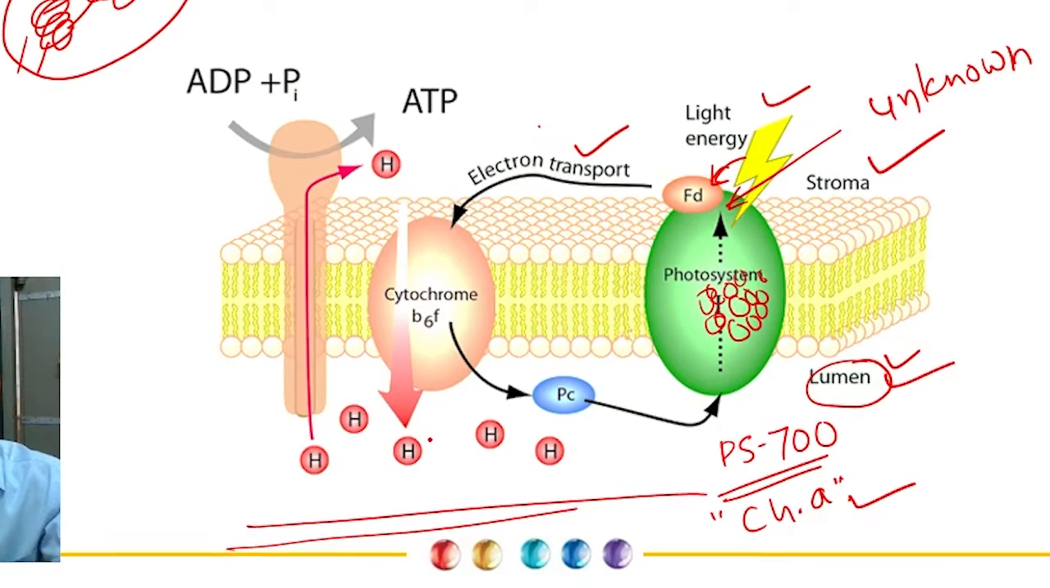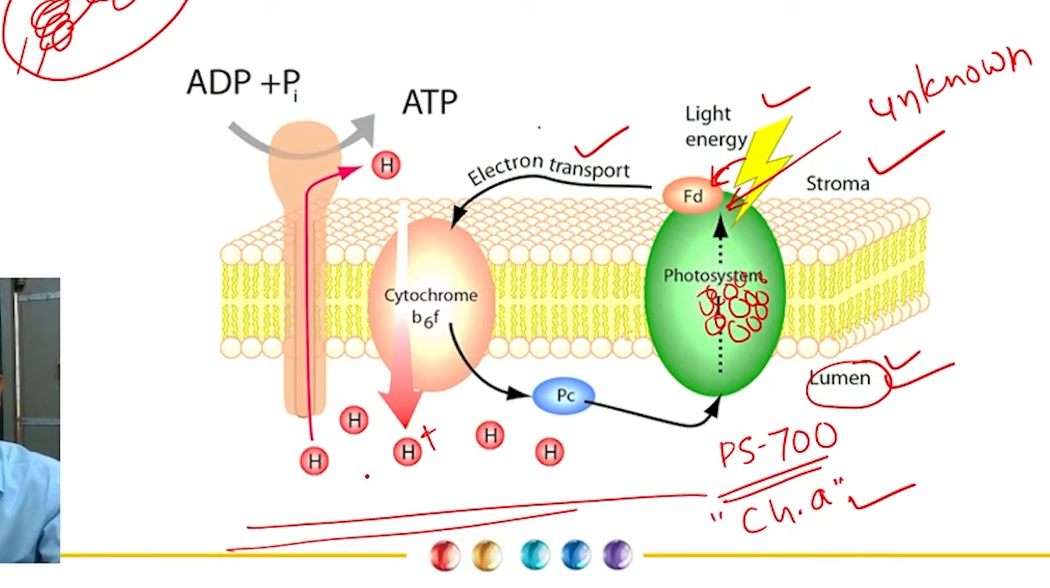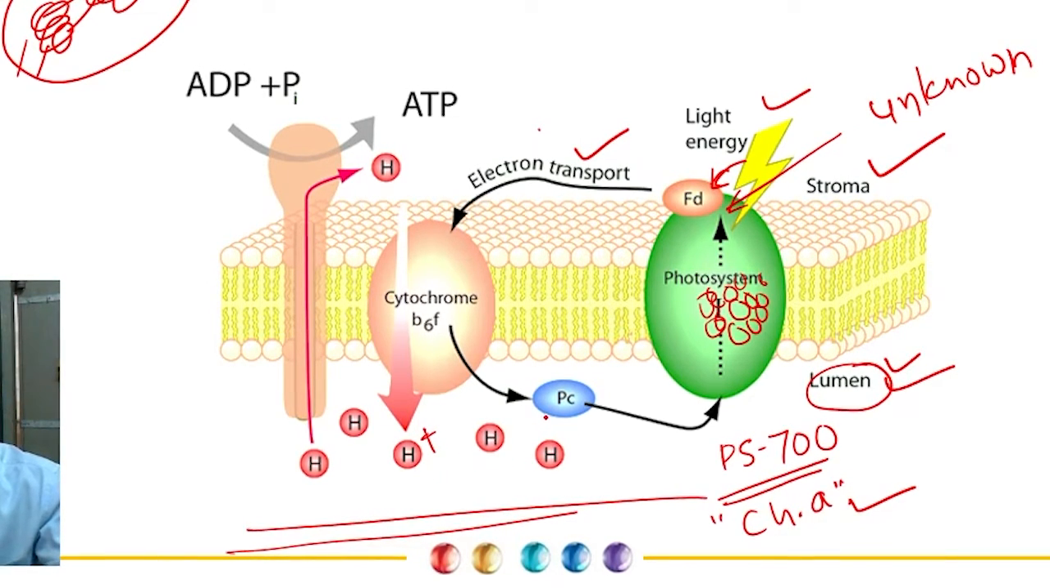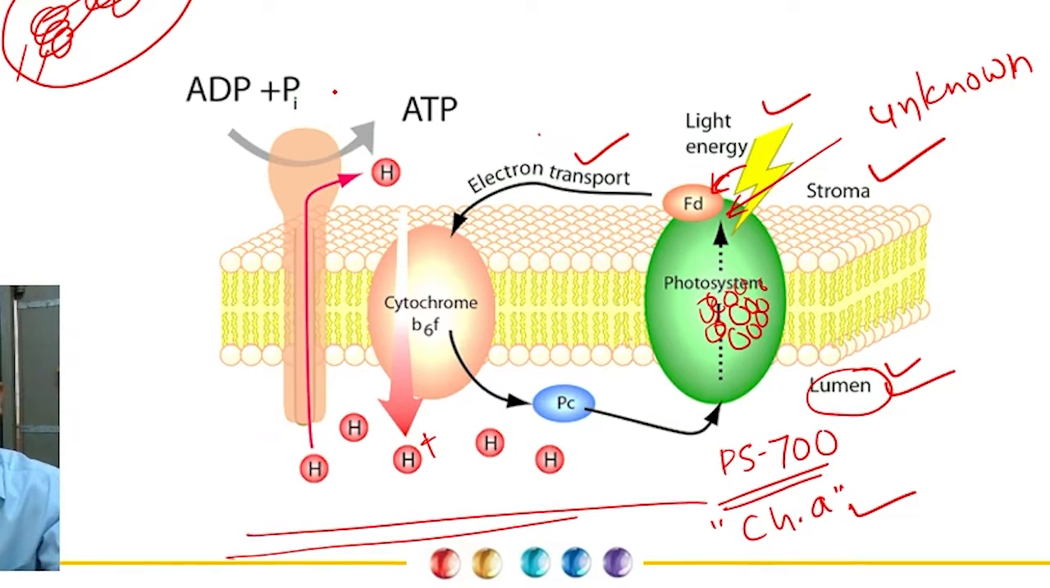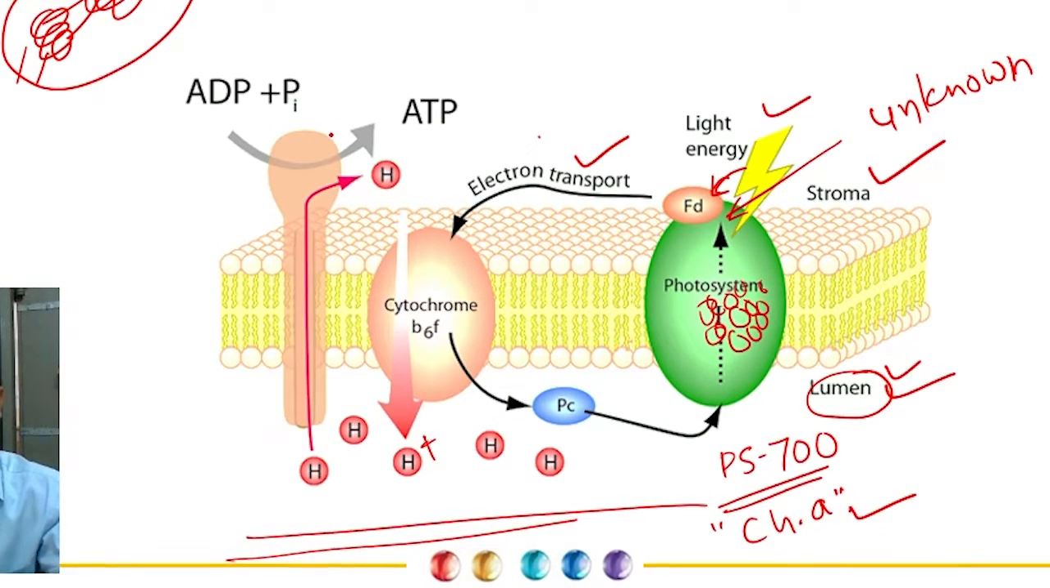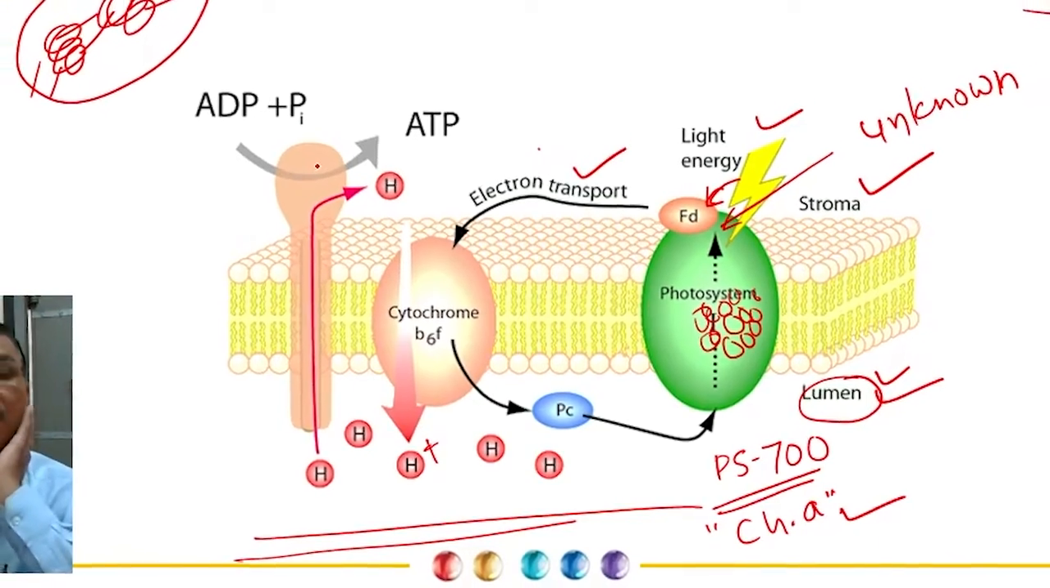So in this way, a number of H plus ions are accumulated, concentrated in the lumen. And whenever these H plus ions go through the ATP synthetase complex, which is seen alongside,